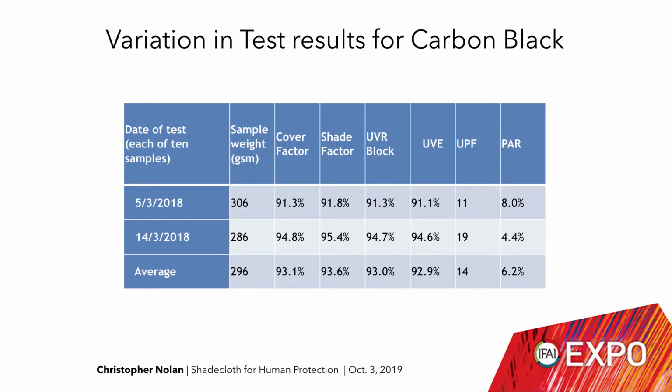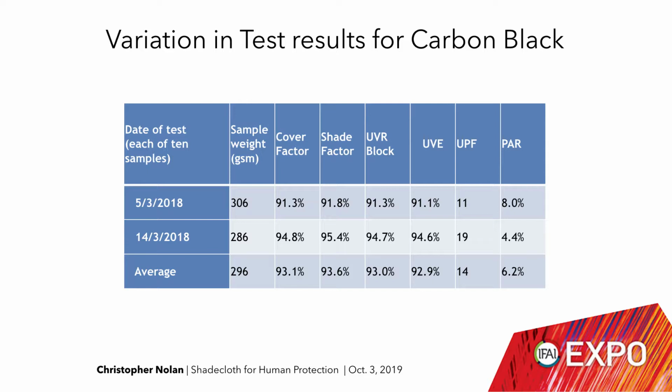So what this means is that if you recall the previous slide, the variation with colour is as much due to the variation or the error in testing as it is to the change in colour. So the conclusion is that the variation in test results for UVR block by colour is probably more the result of measurement error than the characteristics of the colour itself. And while this is true for UVR block, it is not true